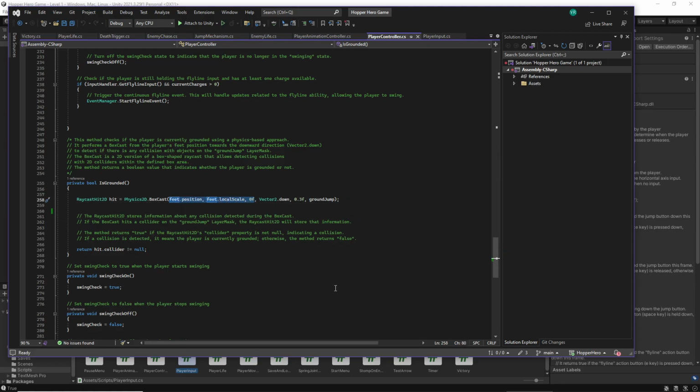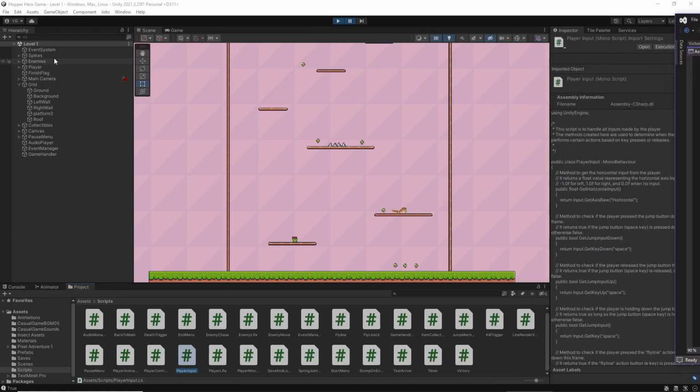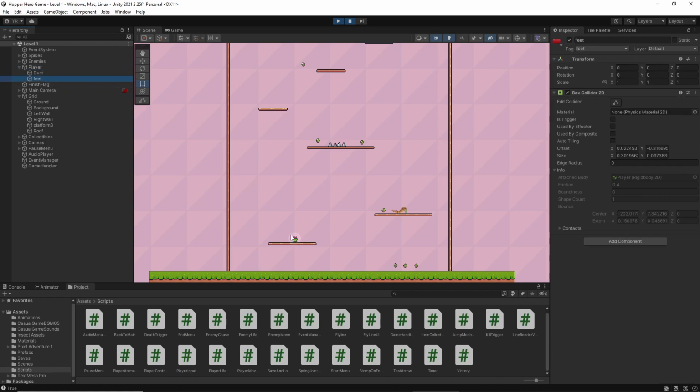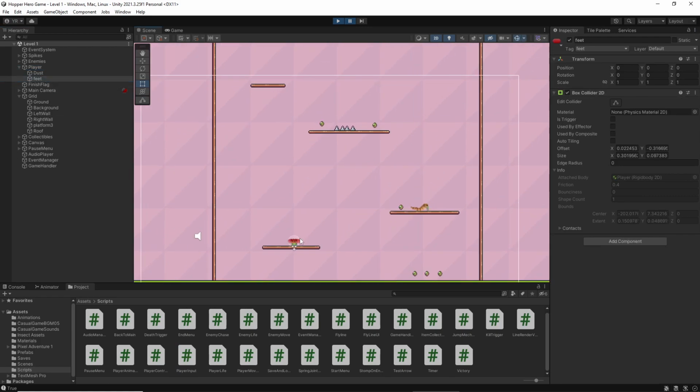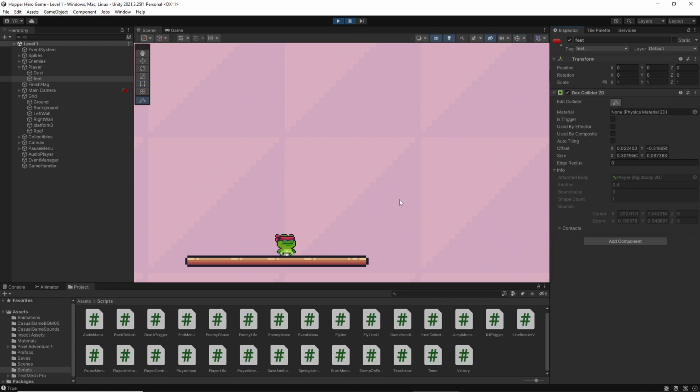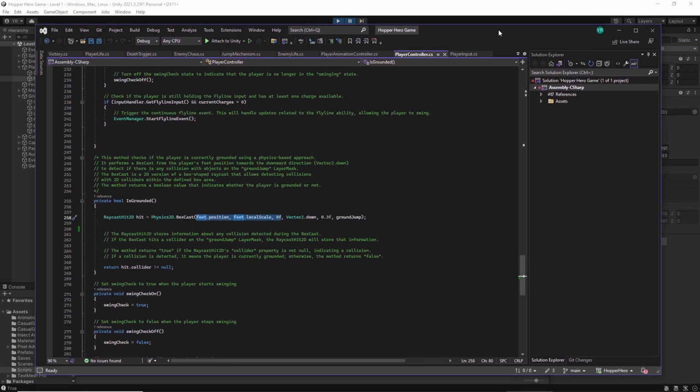So basically my player has a box collider at his feet here. And what I'm doing with this box cast is I'm setting the origin to be exactly the same as where the feet box collider is. Then I set the direction which I want the box cast to go. I set it to go downwards, since I want it to check below the feet if the player is on the ground. So it will go out by 0.3,